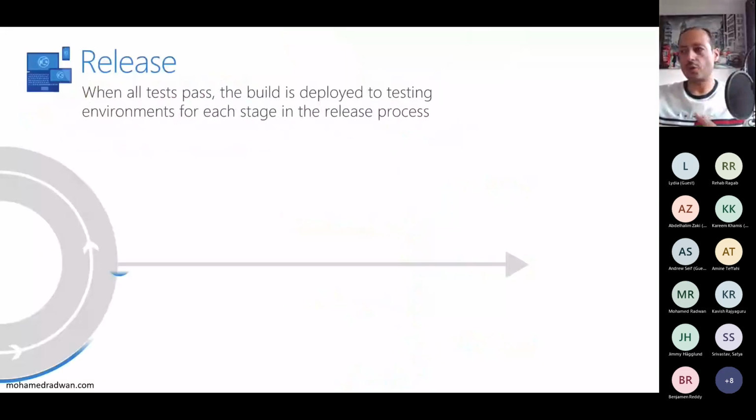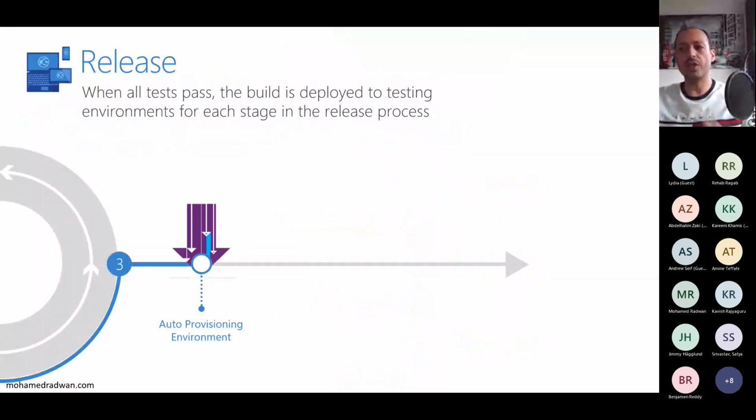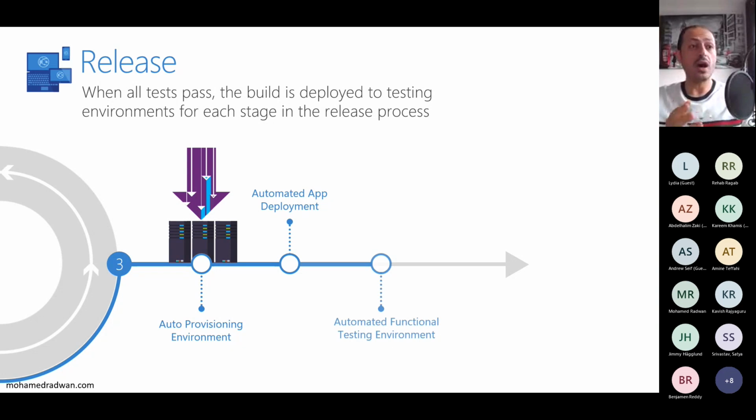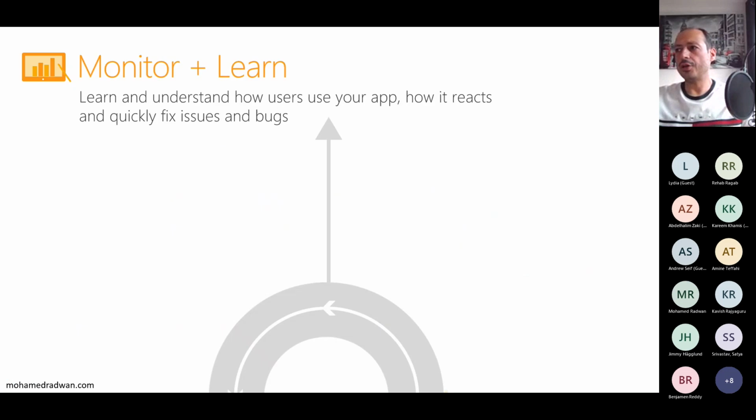Then moving to release, so how we can provision our environment on the fly. You start creating the environment from the beginning, from nothing, and then you start deploying the application to the provisioned environment. After that, automating end-to-end or acceptance testing, and after that, you promote an application from pre-prod or UAT to production, and then followed by monitor and learn,